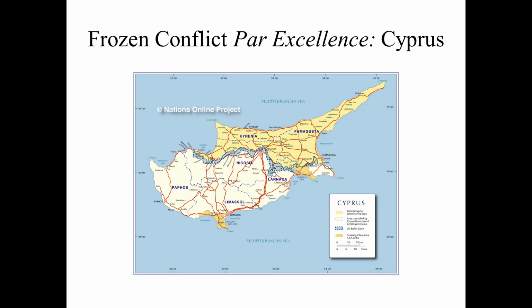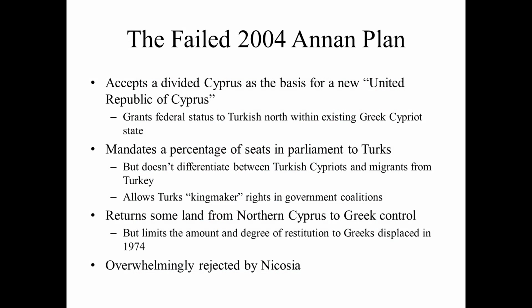When Cyprus is approaching EU membership in 2004, the UN finally realizes, oh crap, if Cyprus joins the EU without Northern Cyprus, Northern Cyprus can remain isolated indefinitely. So the United Nations, under the then General Secretary Kofi Annan, decides to come up with a conflict resolution policy for reuniting the island under the creation of a new United Republic of Cyprus. Now, what are the terms? What were the proposed terms of this so-called Annan plan?